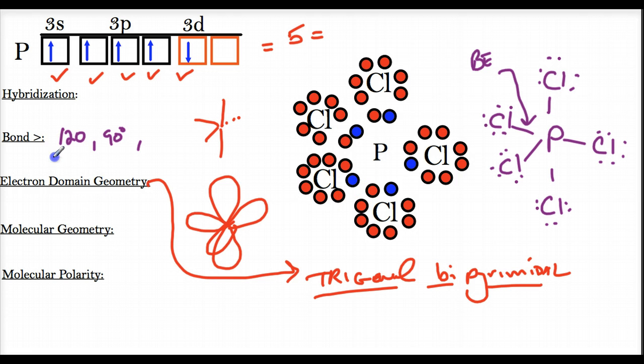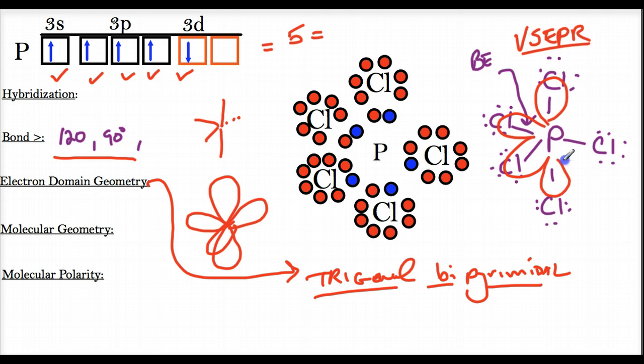And again, to get a good feeling for this, look at my lecture where I take the balloons out and put 5 balloons of equal size, and they repel themselves by VSEPR theory, valence shell electron pair repulsion theory, into this most stable shape for 5 equal energy pairs of electrons. Okay, now electron domain geometry for this type of hybridization, which is called sp3d,